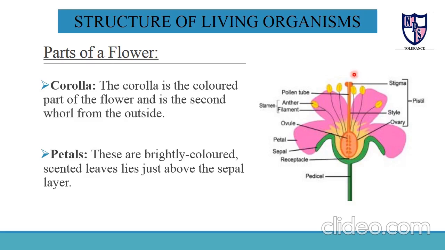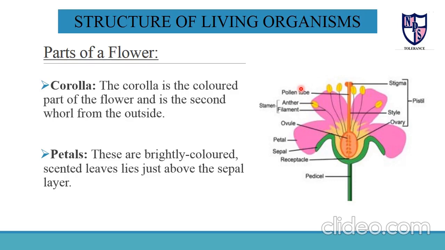female reproductive part of a flower that is also called the gynoecium, and the upper part is called the stigma, the middle part is called the style, and the lower part is called the ovary, and within the ovary the flower has the ovules. And the next part, this one, is called the male reproductive part of the flower, that is